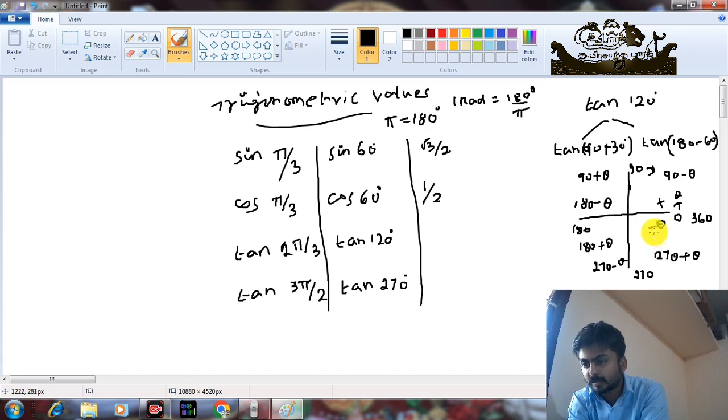Okay, or 360 minus theta. Okay, here we are having three possibilities. Whereas in first quadrant we are not taking 360 plus theta, because in a circle we are considering a complete circle will constitute only 360 degree at most. Okay, so on many occasions we are not writing it as 360 plus theta, we are writing it as 0 plus theta, that is plus theta,